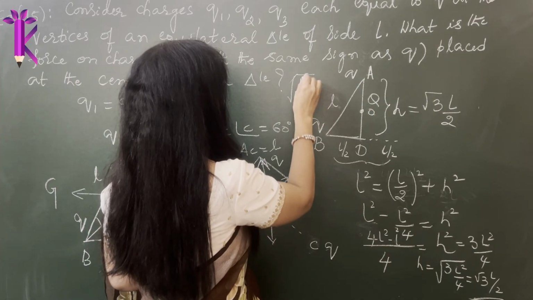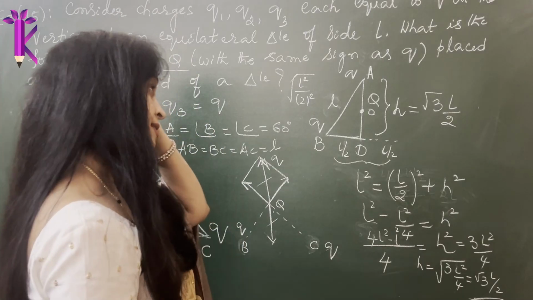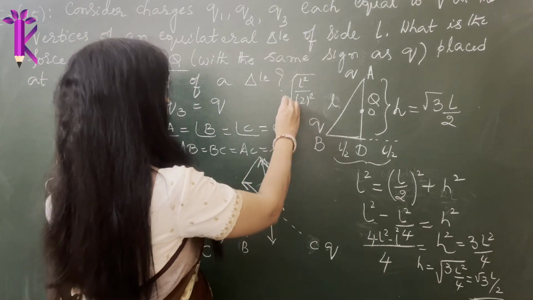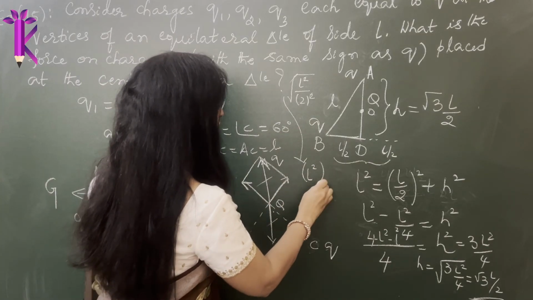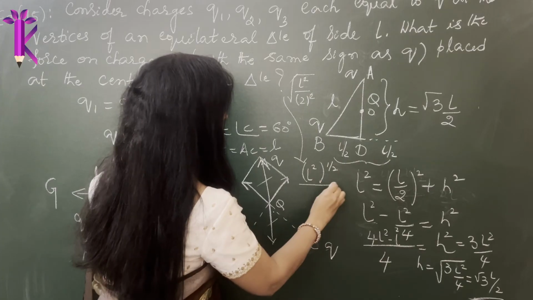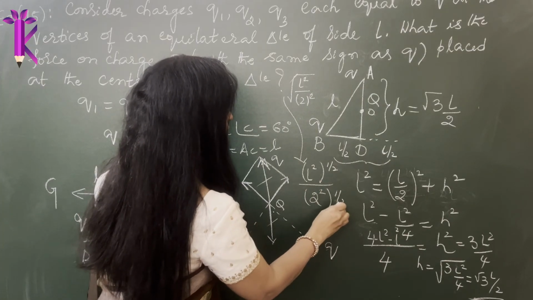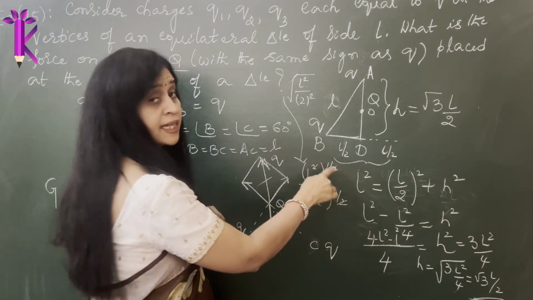Now the root and square get cancelled, so you get L by 2. How does it cancel? If some people still have confusion about how root and square get cancelled, I'll show you here. Root can be written as L square. The square root is nothing but 1 by 2. So this is also 2 square to the power 1 by 2. So the 2 gets cancelled. Square root can be written as 1 by 2.